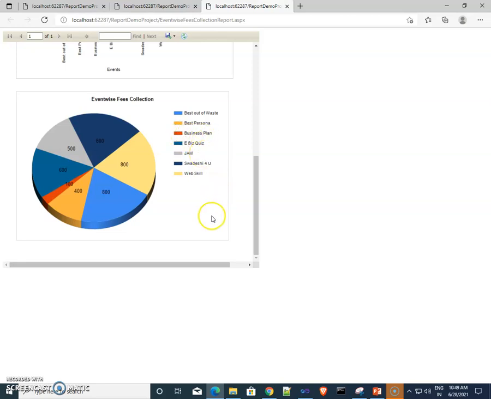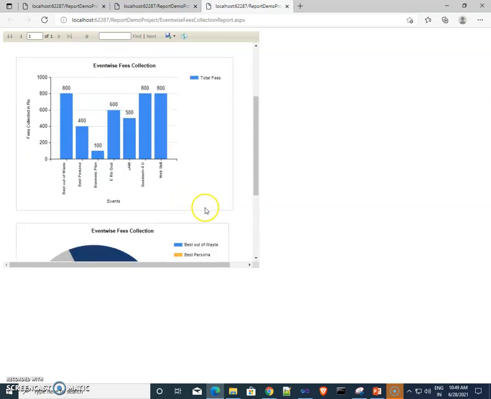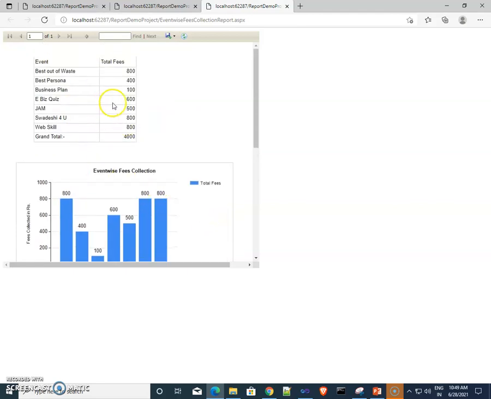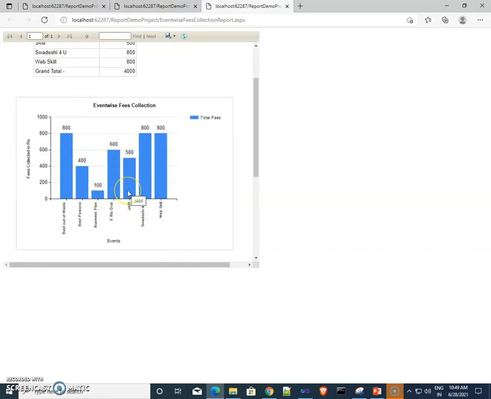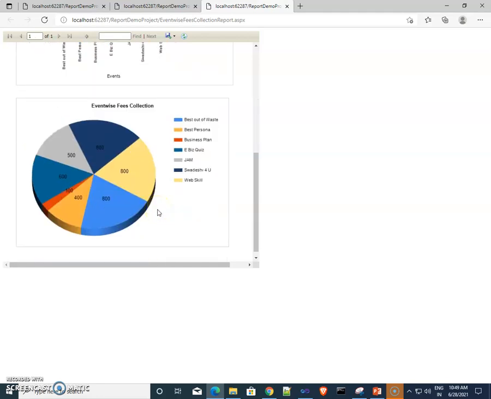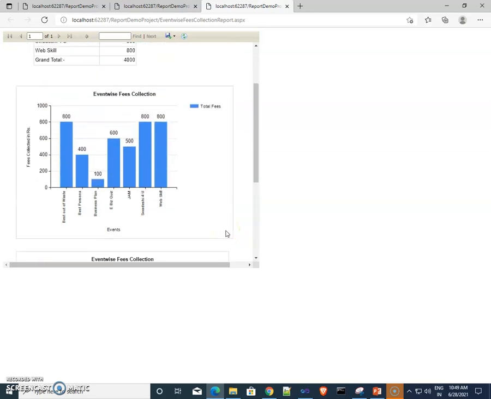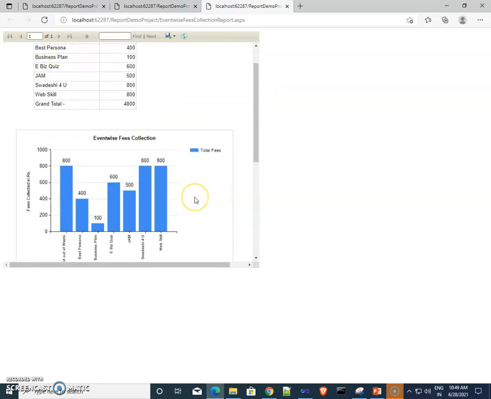So this type of decision making we can do from this report. Graphical representation is more important than tabular representation, because if there are a number of rows, then we can't easily get the actual minimum or maximum value, but from a graph we can easily detect the peak value or minimum value. So graphical representation is always better than tabular, textual or numeric representation. In this way you can represent your data by using graphs inside ASP.NET website reports.